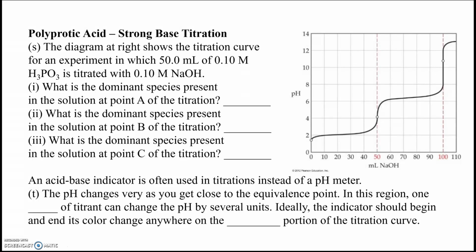Now we're going to take a look at what happens if we titrate sodium hydroxide against a polyprotic acid, in this case phosphoric acid, which has 3 hydrogens that it can donate. And we're asked to list the dominant species at point A, B, and C of this titration. Well, you can look at this and see clearly that there are 2 equivalence points